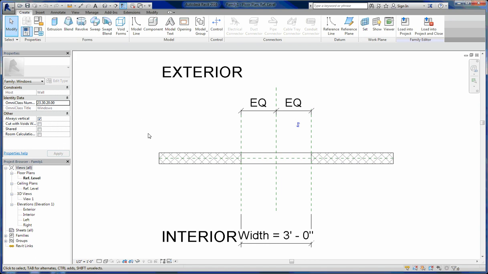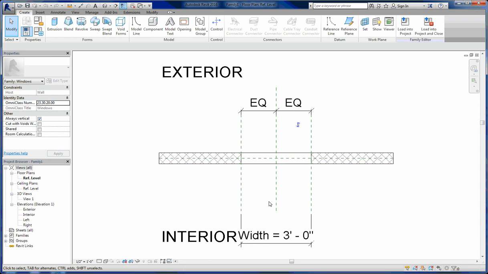So today we're going to go over creating parametric families, creating parameters and locking things in place so that when you use something in a project, you can use it over and over again and adjust it on the fly, so it's adaptable, and you can use it in multiple instances as opposed to creating one static thing, and then when you put it in, you've got to constantly come into the family editor and edit it over and over